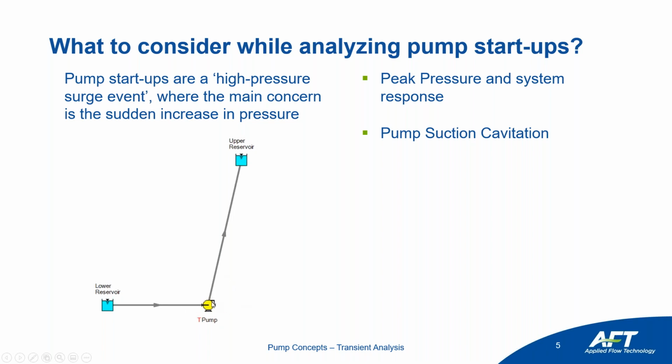The pump is off. Let's say we have a check valve to prevent reverse flow from this upper reservoir to this lower reservoir. So all the fluid in this system is static. When we suddenly start this pump up, what we're going to see is a sudden creation of flow rate. As this flow increases at the pump suction, because it's at a fixed pressure or a fixed stagnation pressure, which